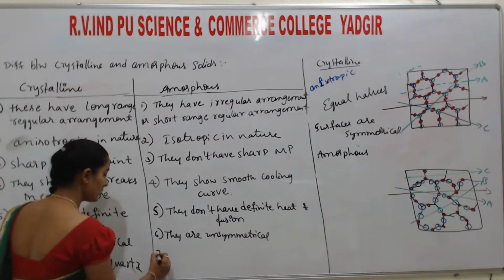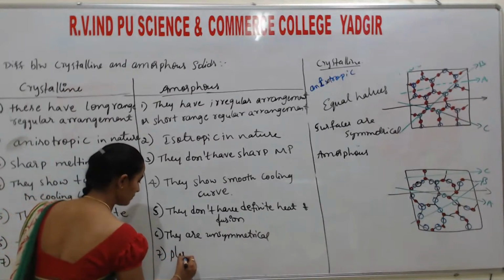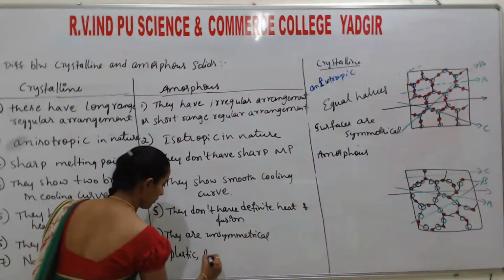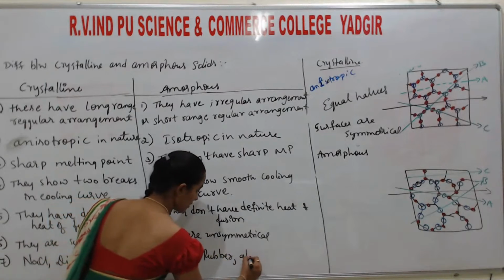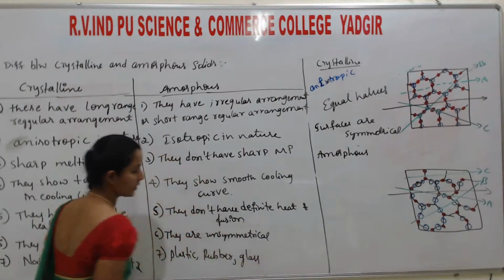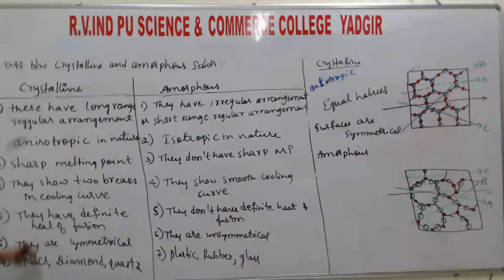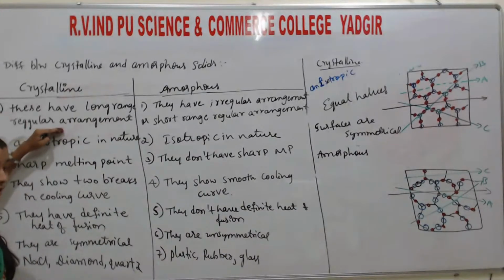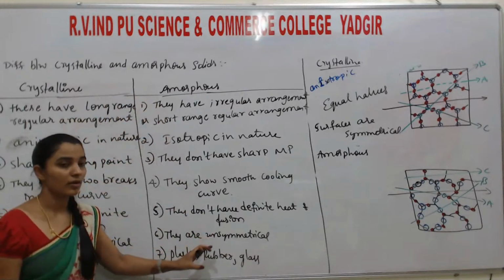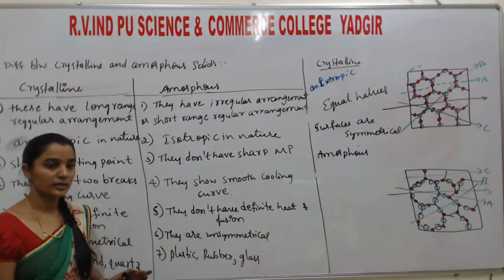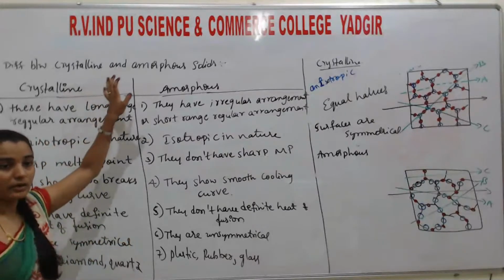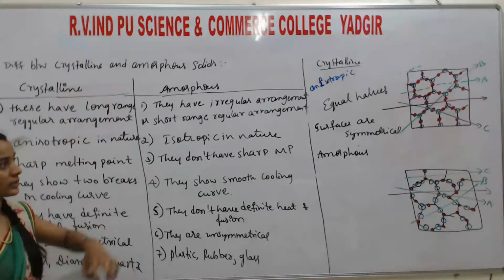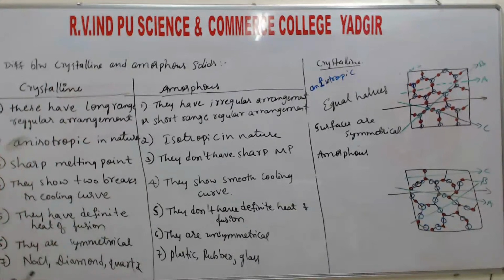Okay, for amorphous solids, plastic, rubber and glass are the examples. Another one you may write, students: crystalline solids are called true solids. The amorphous solids are called pseudo solids. Understand? So this is all about the difference between crystalline and amorphous solids. Next one is the difference between